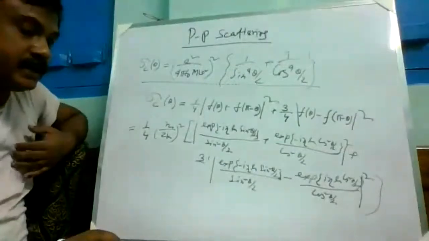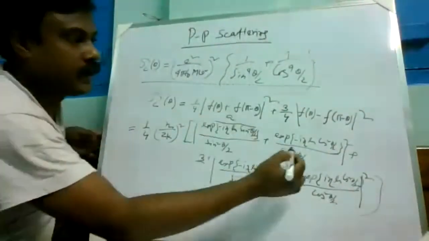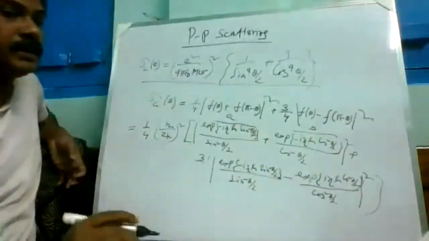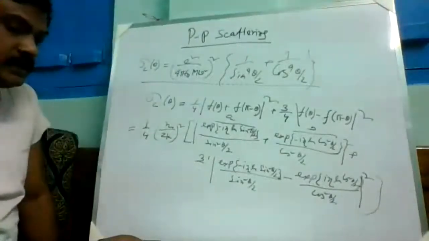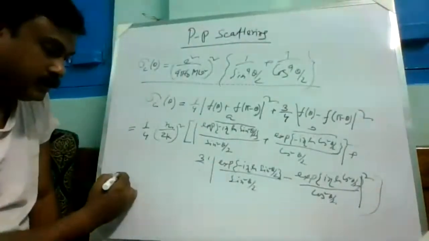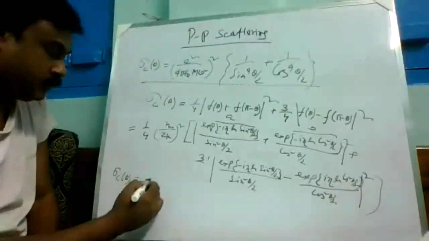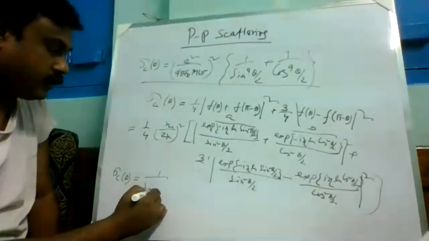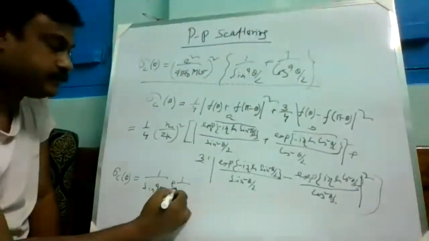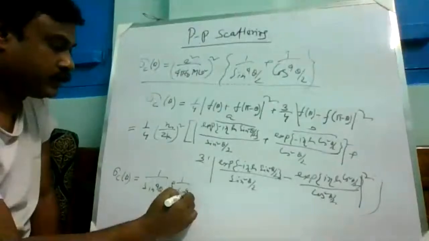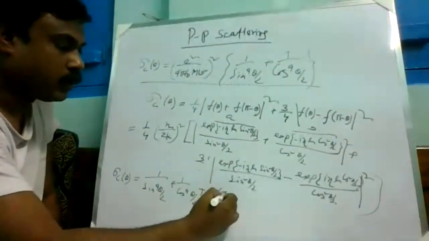Now, after simplifying this, we have to consider this to be A and this to be B. Then after a little bit of calculation, we find that the expression will be sigma c theta, that is the plus 1 by sin to the 4 theta by 2 plus 1 by cos to the 4 theta by 2 plus 2 cos